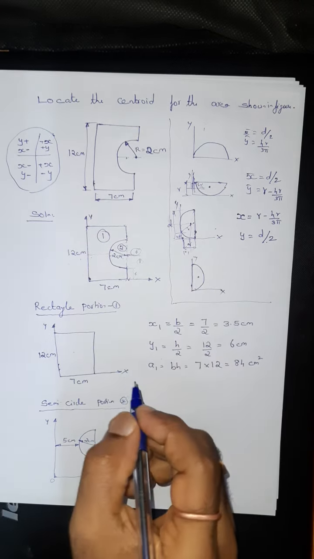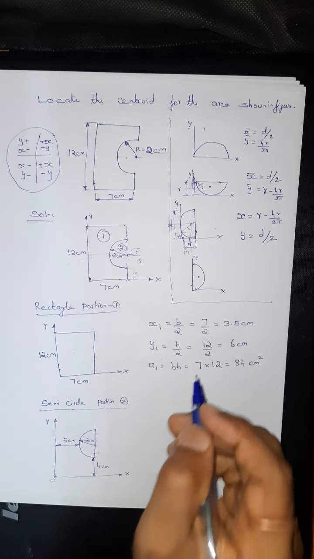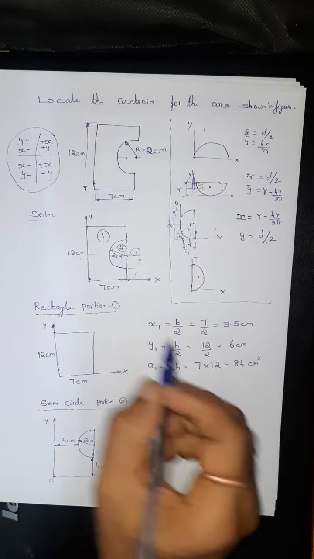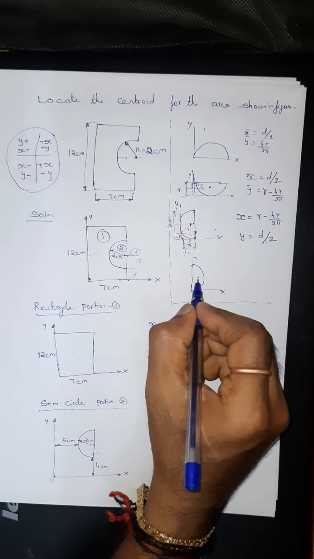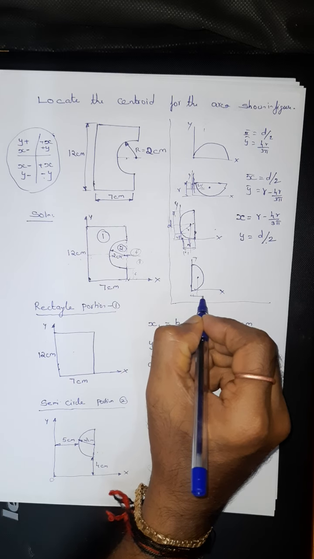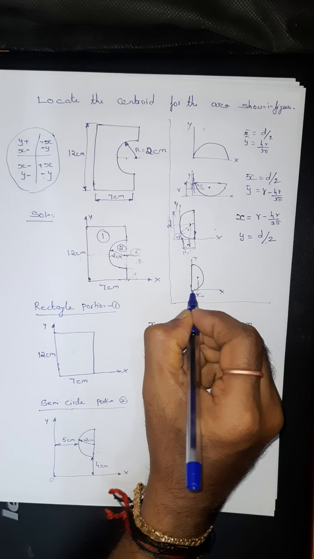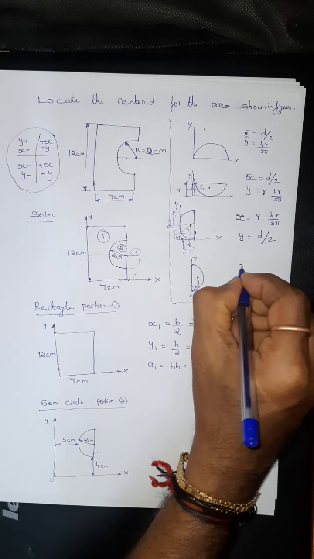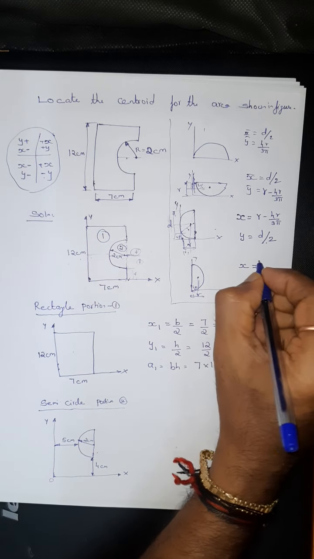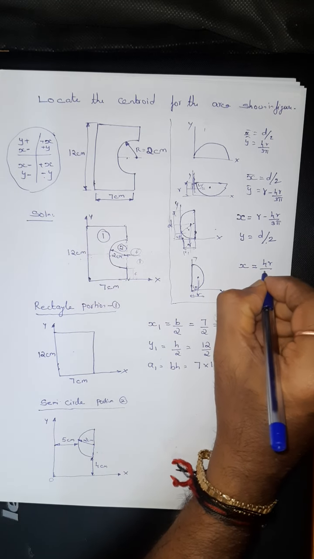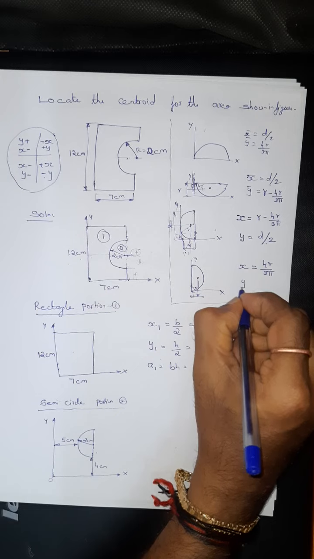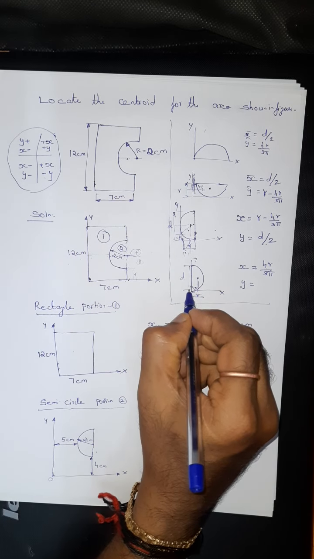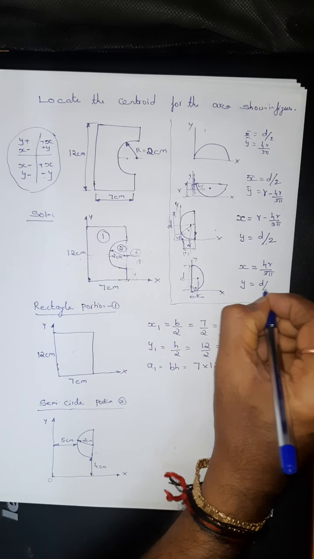This is c. So this is in the fourth quadrant. In the fourth quadrant, x is positive and y is negative. So up to here it is r, and this portion is 4r by 3 pi. So this can be written as 4r by 3 pi. What about the y? Y is d, the total distance, so half of this one is d by 2.